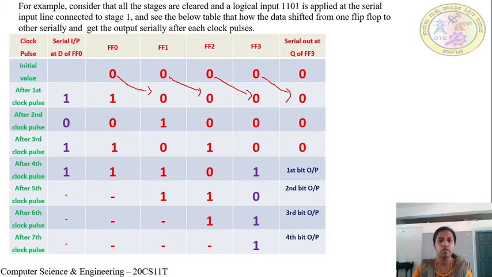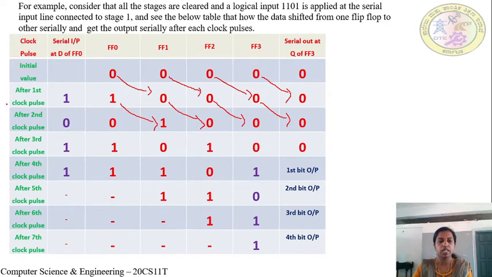Next, we have to follow the bits from left hand side to the right hand side, that is LSB to the MSB position. First we have given the first bit 1. Next we have to consider the next bit 0. So 0 is given at the first flip-flop FF0 and after the second clock pulse, the previous value of FF0 will be shifted to FF1 and the previous value of FF1 will be shifted to FF2 and previous value of FF2 will be shifted to FF3 and the value of FF3 will be shifted to the Q output of FF3.